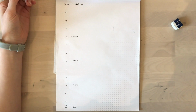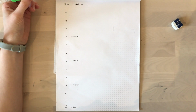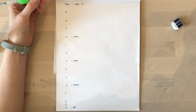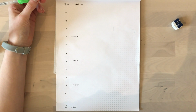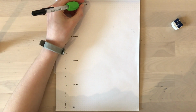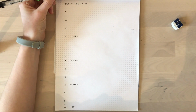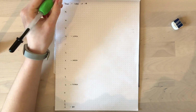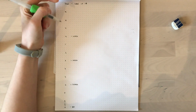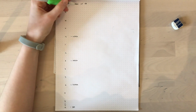So, where do we get to? Meal times. So, other concrete stuff is other parts of your routine that you need to remind yourself to do. So, for each of these things, if you want to properly go into it and have something that you can fully refer to, you could make a list or a sequence of tasks here that expands on each brief point. So here, for example, 8 a.m. wake up would be